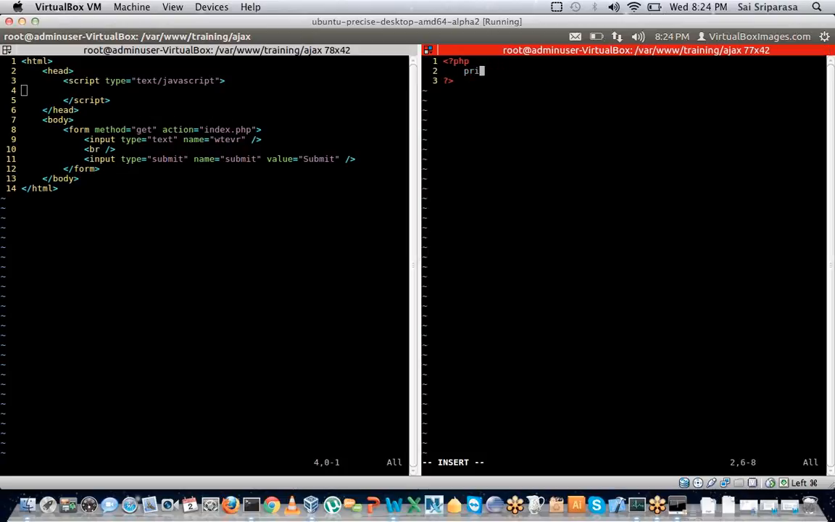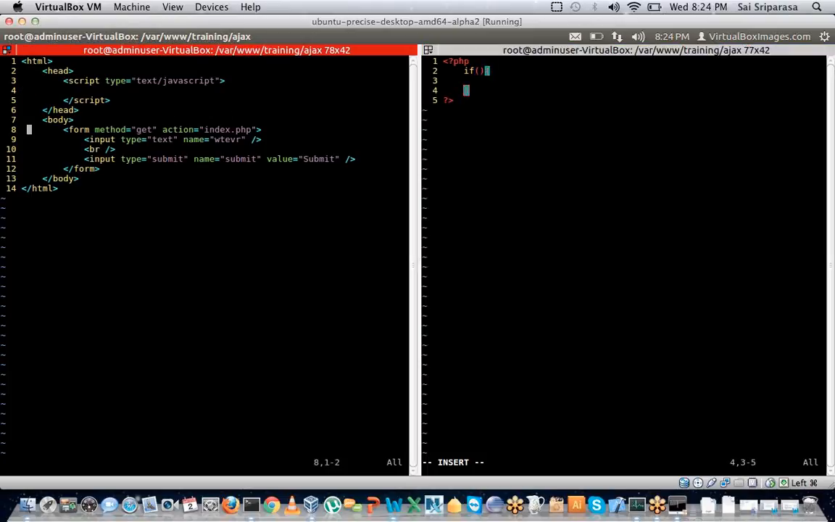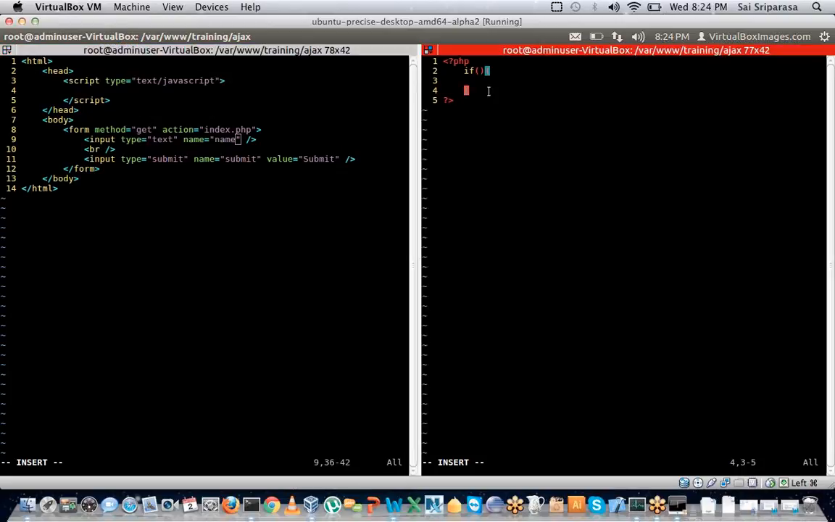Let's perform some kind of processing. Let's rename it to name so that we can look at what exactly the purpose of it is. So we'll say $_GET name. If $_GET name is John, echo hello John, else, echo else if,